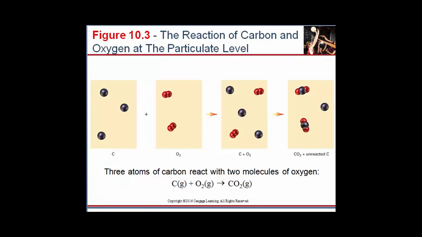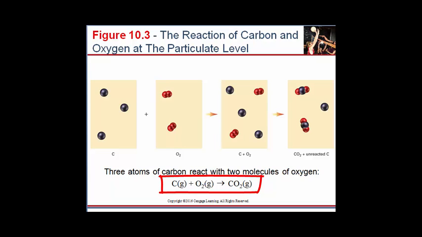So our first topic is called limiting reactants. A limiting reactant is the reactant that gets completely used up. And another reactant might be in excess, so it's not completely used up. There's going to be some left over. So here's an example of that. We have carbon and it's reacting with oxygen to make a CO2 molecule. This is a 1-to-1-to-1 relationship between all the reactants and the products, which makes it really easy to understand the